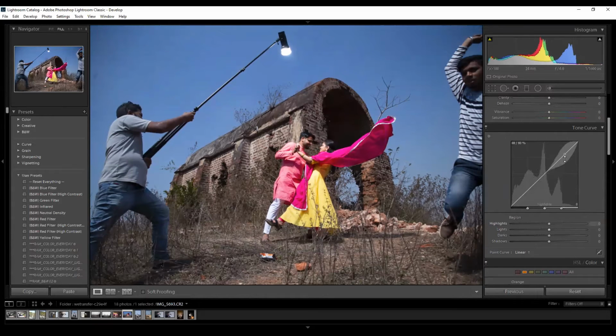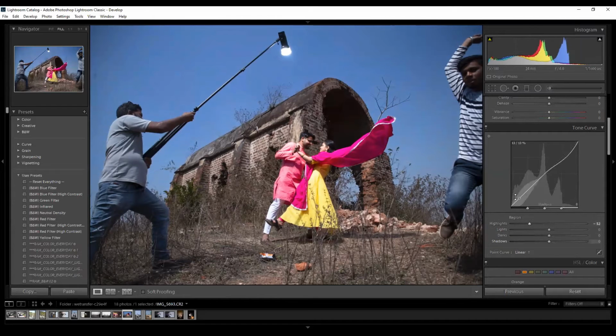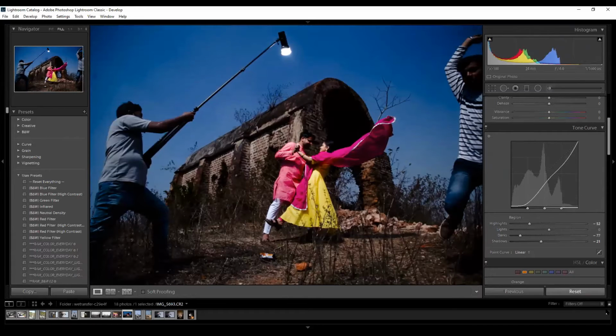So up to this area, this portion is the mid-tone part, or we can say the highlights and dark part. The corner tips are more towards the highlights and shadows. The center area is more towards the darks and lights. And this is the zone which we can neutralize, and now we can shift the zone according to our choice.